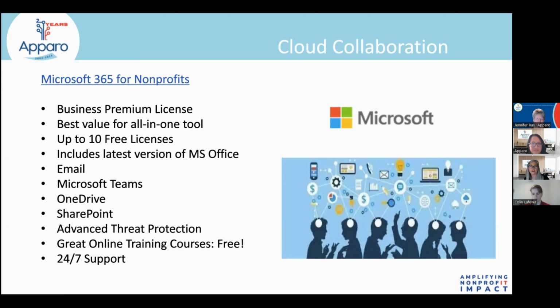So let's talk about a couple of offerings that are free to nonprofits. The first one is Microsoft 365. They offer their Business Premium license, which gives you advanced threat protection. You get 10 licenses for free. Anything above that is discounted, I think it's $5.50 per user per month, but the first 10 are free, which also includes Microsoft Office, the latest version of Office that you can download to your computer or your laptop. It includes business email,